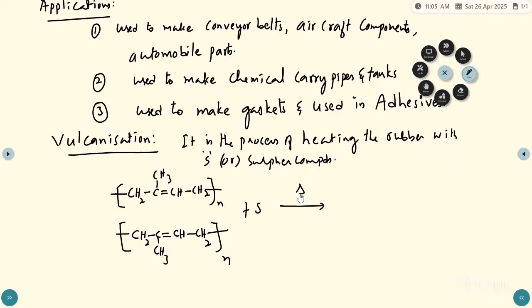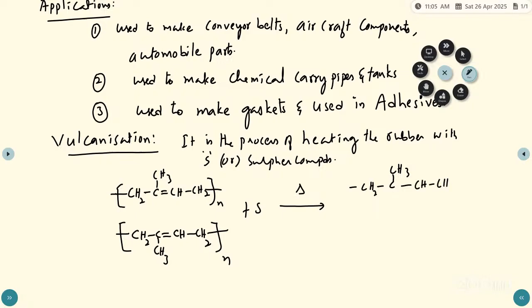So heating rubber with sulfur is known as vulcanization. By heating the rubber with sulfur, what happened? The double bonds are removed from the isoprene units, so sulfur cross links are formed. See the sulfur cross-linked structure: CH2, C, CH3,